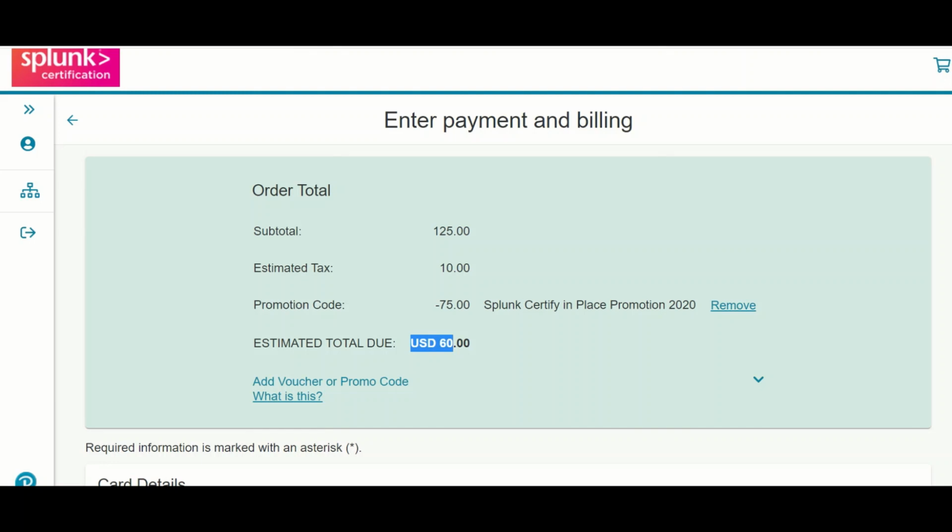On the selected date you can go and appear for the exam. The title of this promo code is Splunk Certify in Place Promotion 2020. Okay, go and enjoy your certification, and happy learning.